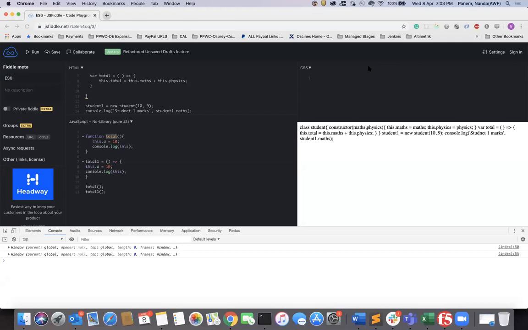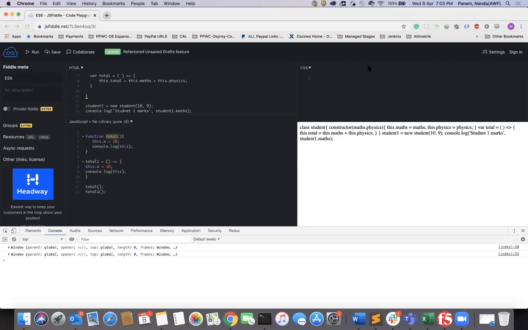What is Node.js? See, till now, whatever we have seen is pure JavaScript, where you are executing your JavaScript in the client machine or client browser. It may be Chrome, it may be Mozilla.